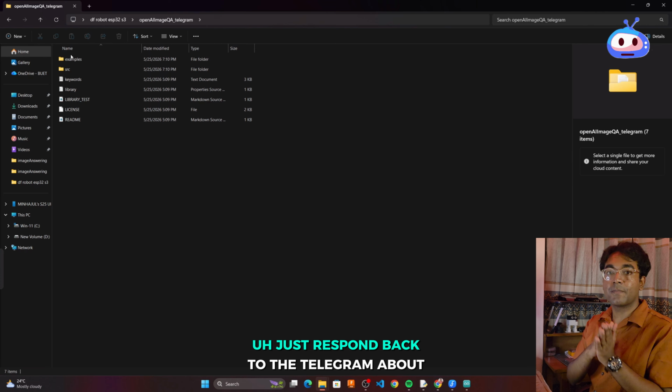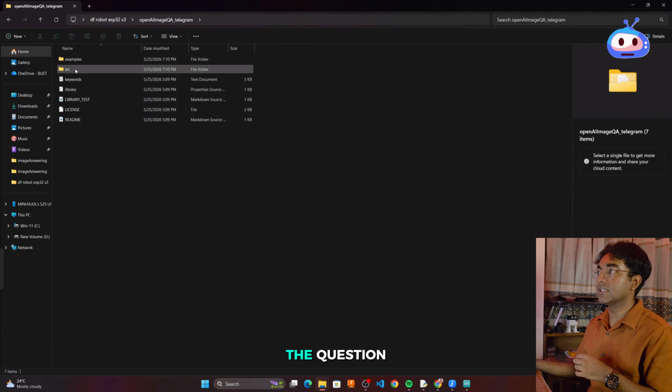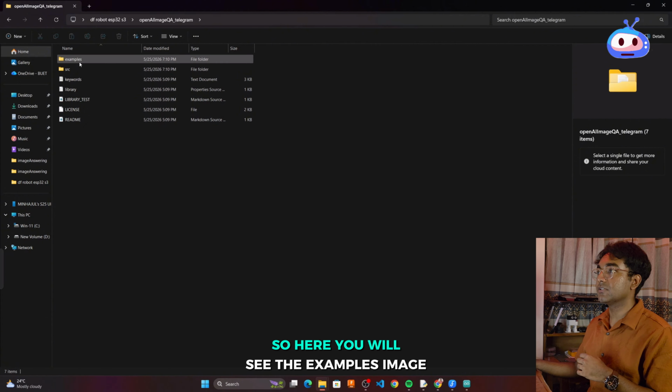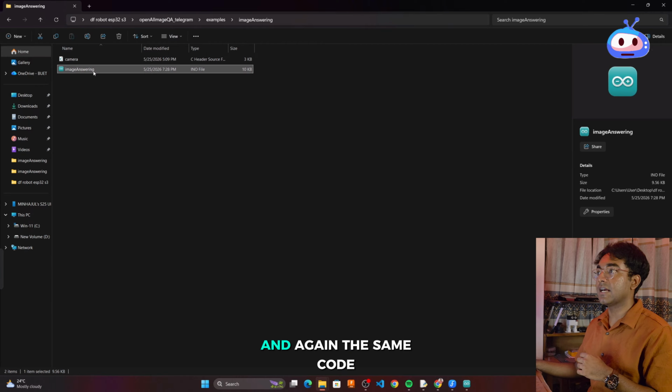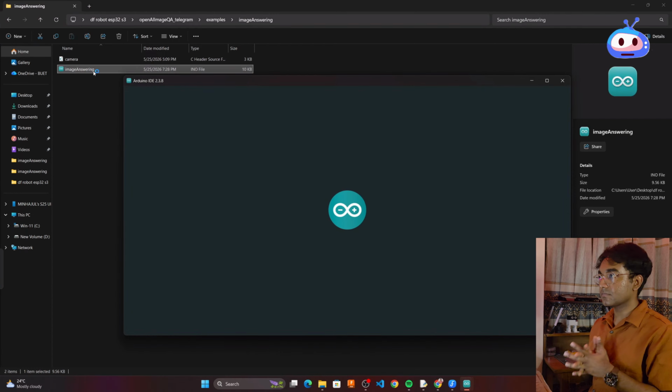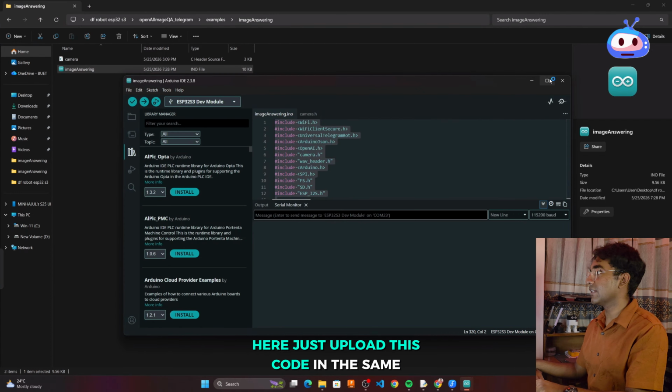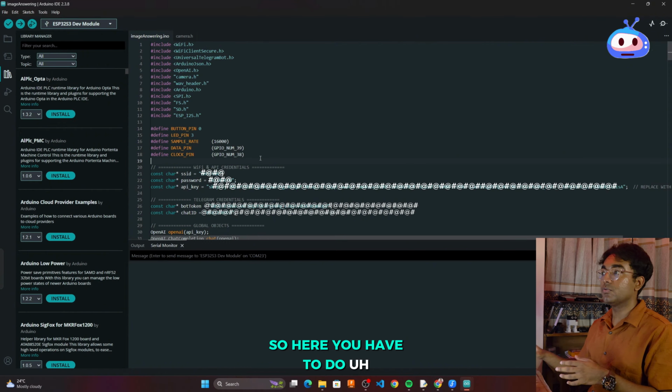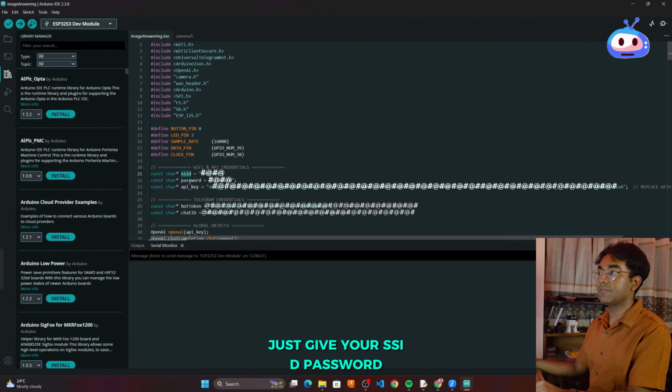Just respond back to the Telegram about the question. So here you will see in the examples, image answering, and again the same code. Here just upload this code in the same process. So here you have to just give your SSID password of your Wi-Fi and get the API key of